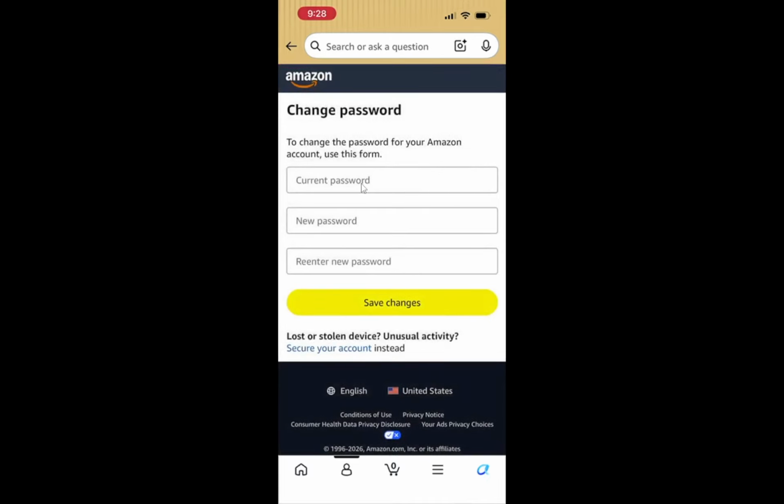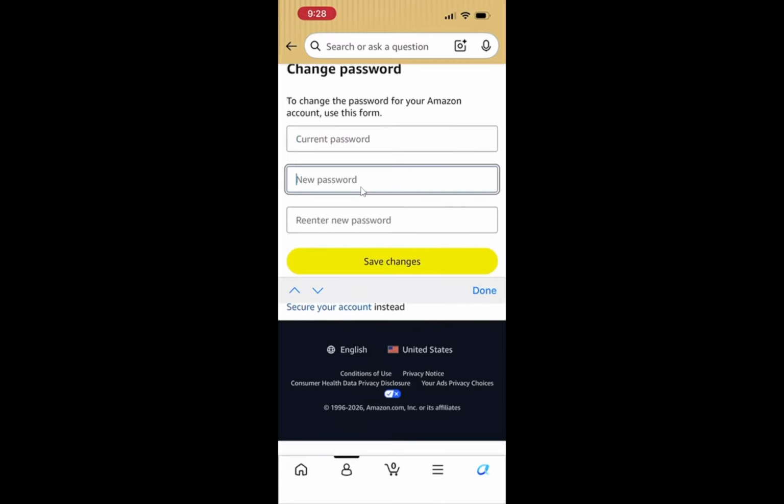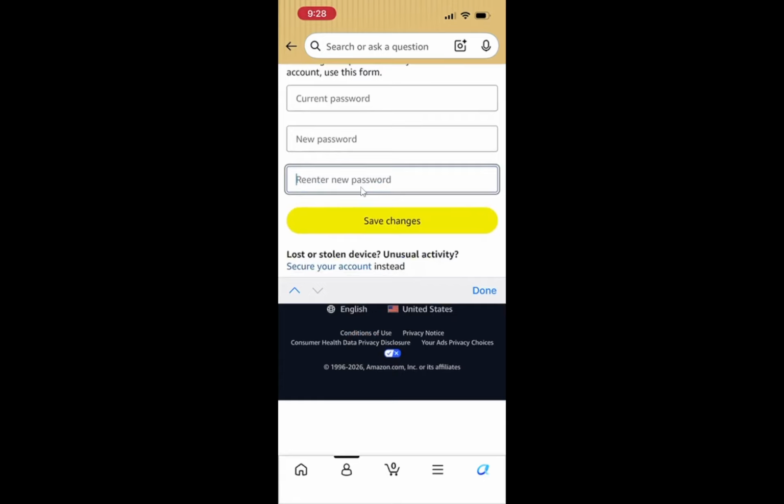Finally, tap Save Changes. The page will reload and you may see a short confirmation message at the top, and from that moment, your new password replaces the old one immediately. You have now either reset a forgotten Amazon password, viewed it through your device password manager, or changed it directly inside the app. So if this helped you get back into your Amazon account,